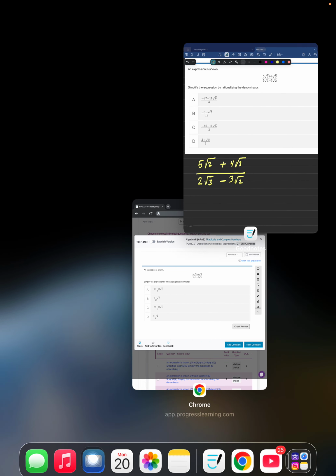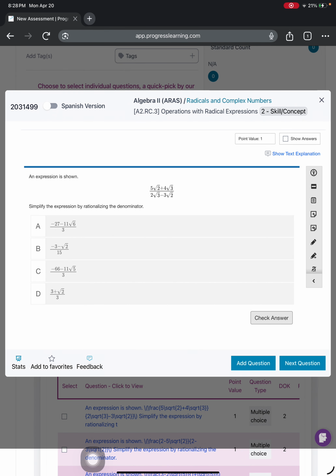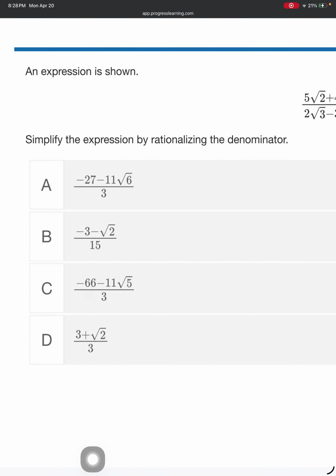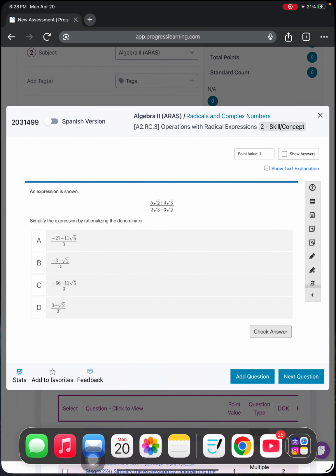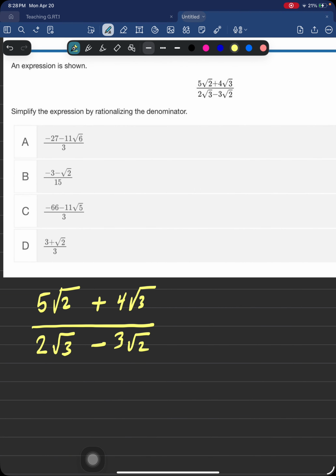As you see in this question, here are the options that we have: Option A, B, C, and D. So which one is the right answer? To find the answer for this question, we multiply the denominator and the numerator by the following